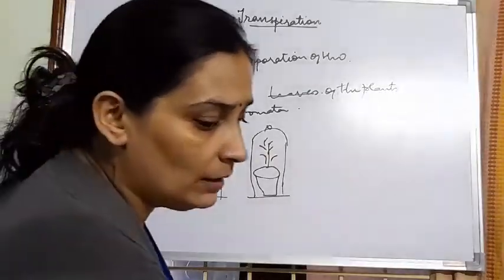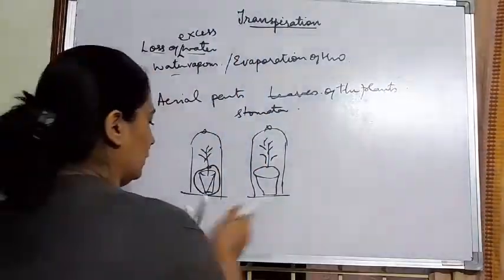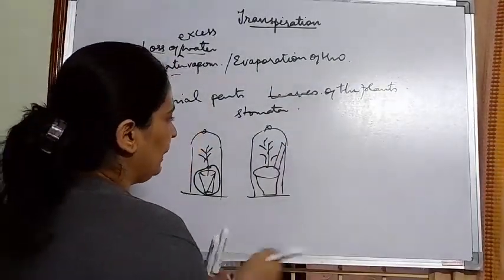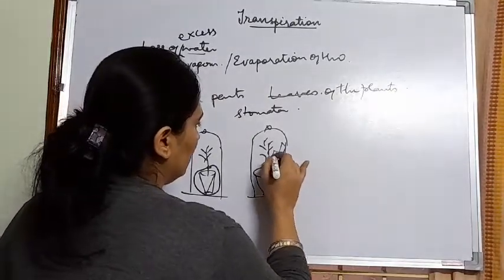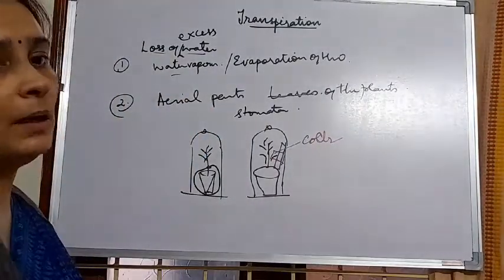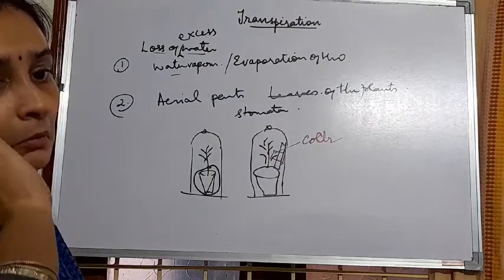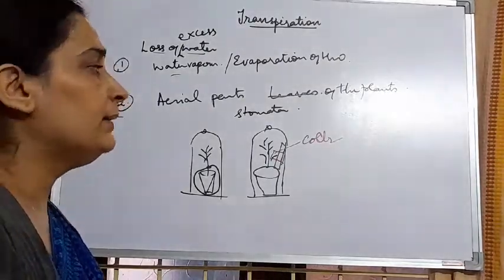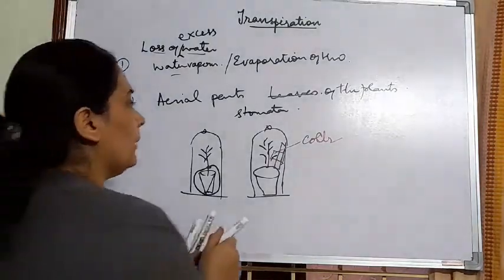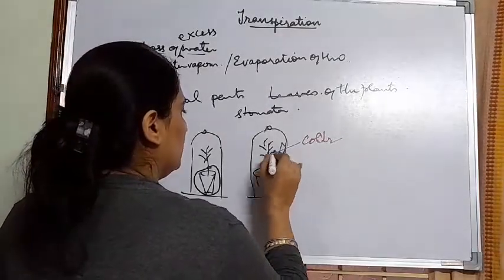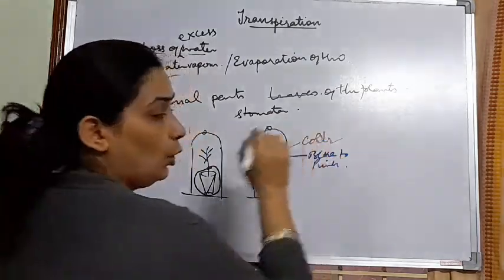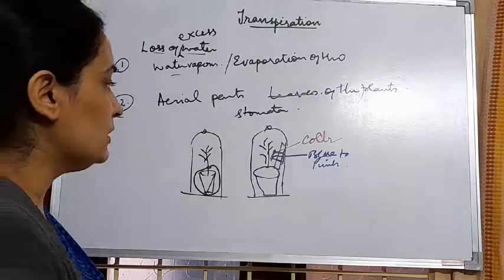this there is one glass slide which is attached here, and this glass slide has a paper, that is cobalt chloride paper, CoCl2. And I think you all know the property of cobalt chloride paper, that it quickly absorbs the moisture and turns from blue to pink. This cobalt chloride paper turns blue to pink. Originally it is blue in color, but after some time it turns pink.